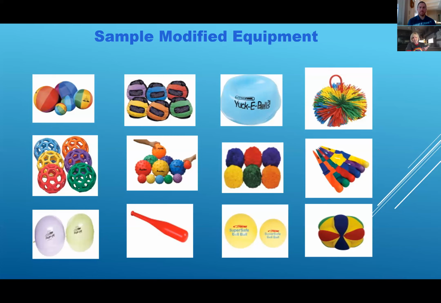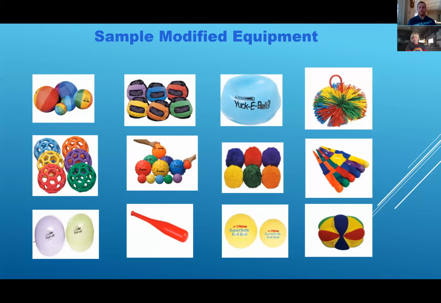One of my favorites is the yucky ball. That's a weighted ball, and it takes on different shapes. I love the name of it too. I mean, who doesn't love a yucky ball? That's awesome. But some of our students might need that sensory diet, that input. So I have weighted balls, or I have string balls or yarn balls, or the one on the lower left, that's a real soft, big, fluffy ball. It's attractive to your eye, and it feels good. So once again, that sensory.